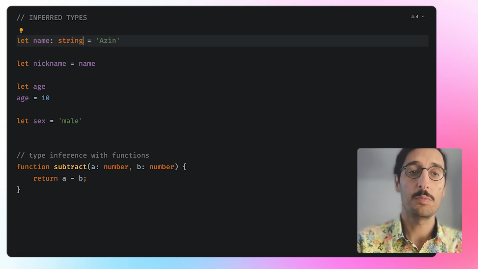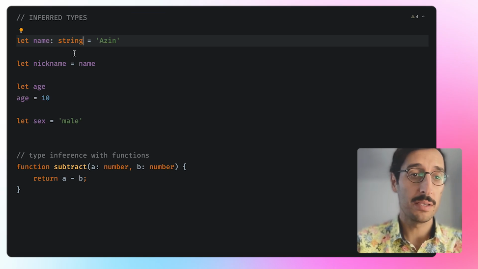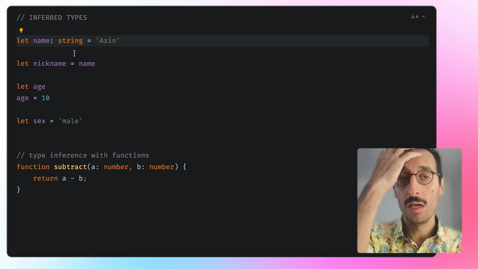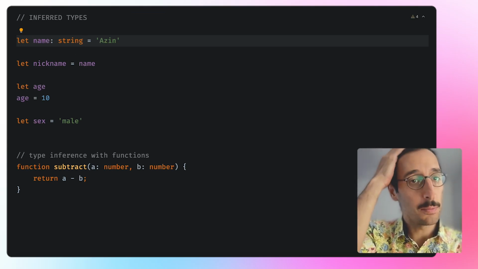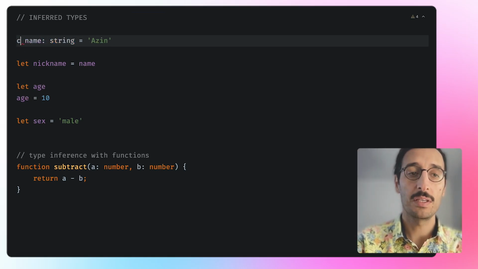You could also skip it in order to keep your code clean and more minimal. You can always skip it, except if you are working on a really huge code base. Things are complicated, and you maybe have certain standards in your team. Then you would want to really type everything. But in most cases, you can also skip it. And this is especially true when something is a constant,